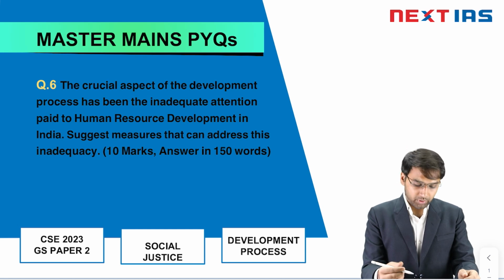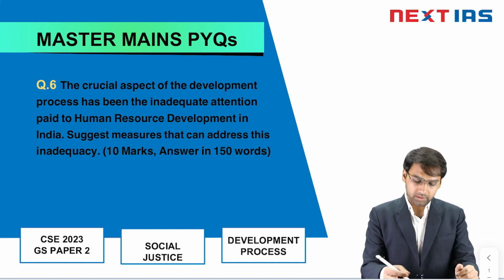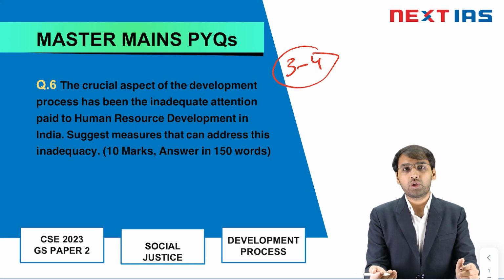So today we will be discussing our sessions on social justice. As you all know, social justice is a very important part of GS2. Every year you can expect at least 3 to 4 questions on social justice. The beauty with these 3-4 questions is that these are very low hanging fruit. Questions would be very simple. But the major difficult part is answering them, structuring them, and how to make your answer look a little bit different from the regular answers. In this, what will be helping you? The PYQs. That's why we are having this discussion on Mastering Mains PYQ, so that you can structure your answer in a very decent format, so that you can get an edge of 0.5 or 1 marks